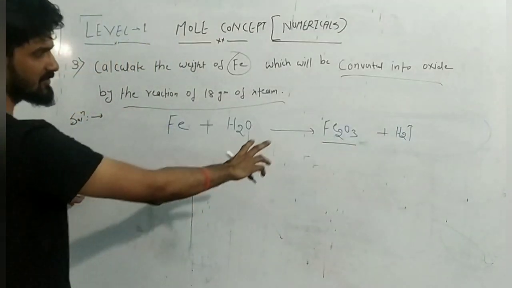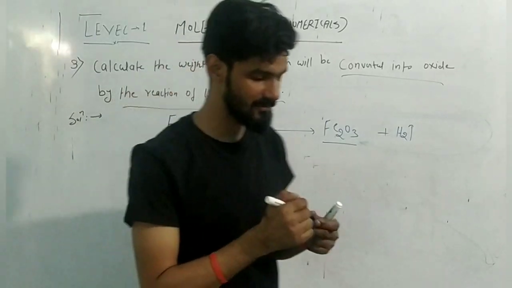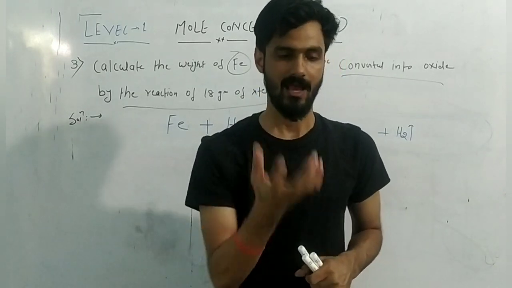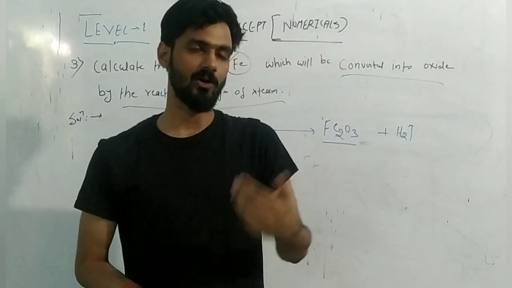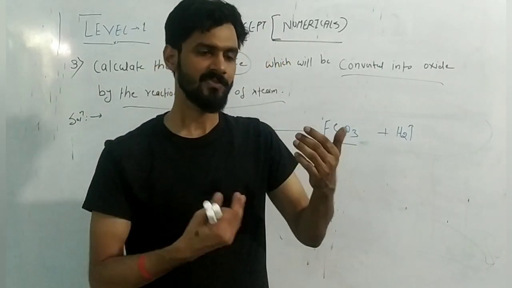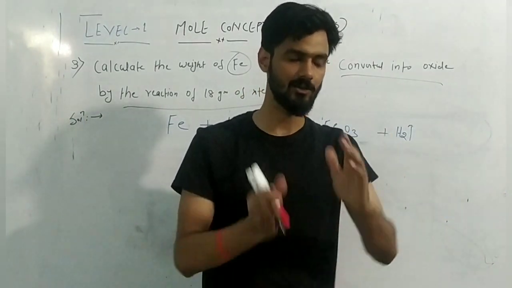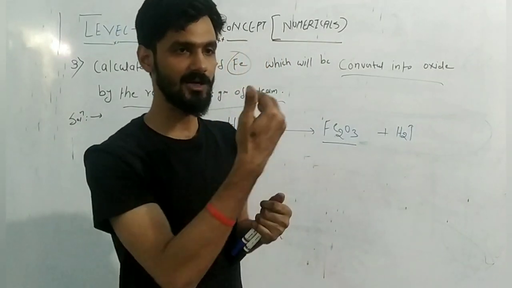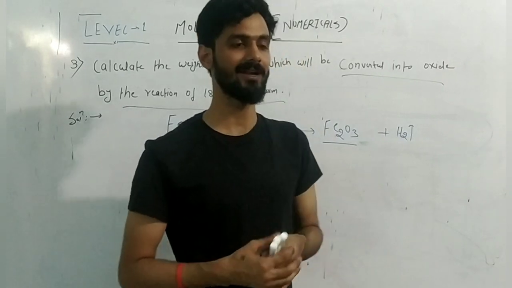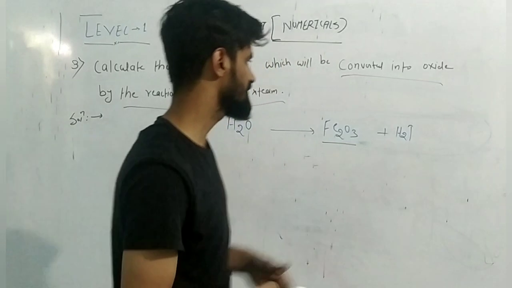Before going to the solution, first of all you have to balance the chemical reaction, because if you are going to solve any chemical reaction on the mole basis, then definitely you have to balance it. And if you are going to solve numericals according to the number of equivalents concept, then you don't need to balance the chemical reaction. Right now I am solving the question on the mole concept basis, and after that we will be solving numerous numericals on the basis of the equivalent concept. Then you will be able to identify which concept to use where. So just try to focus on this question.